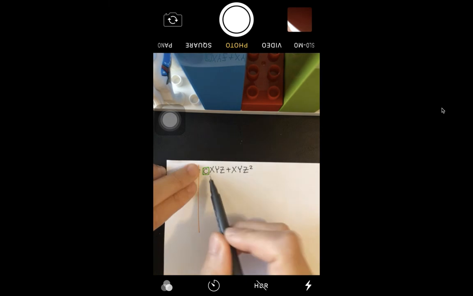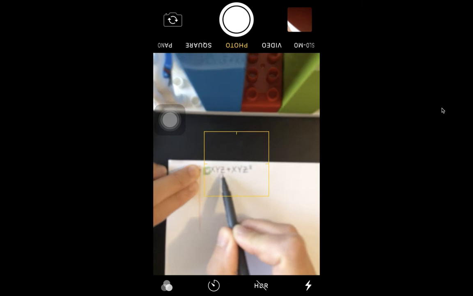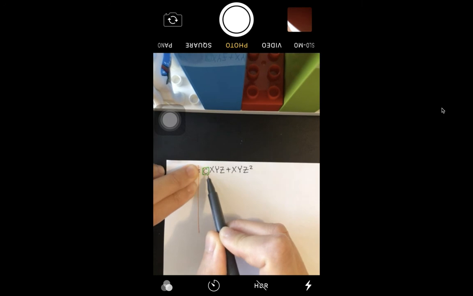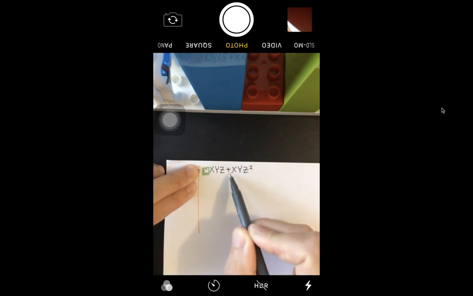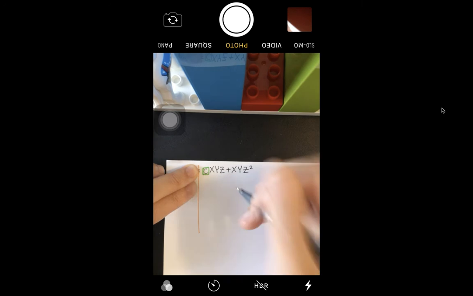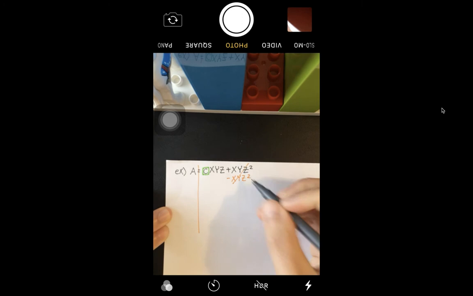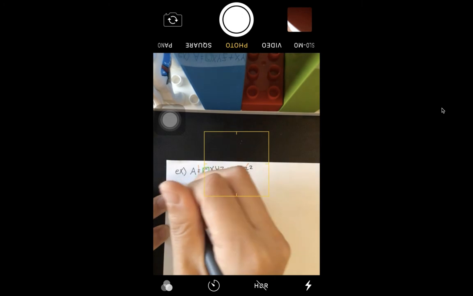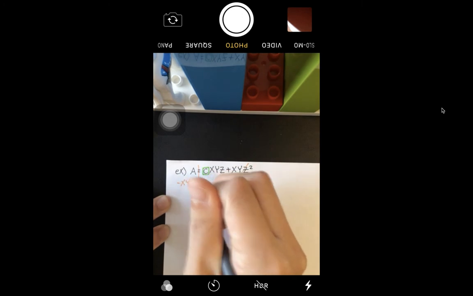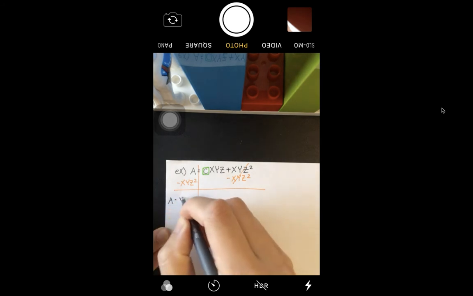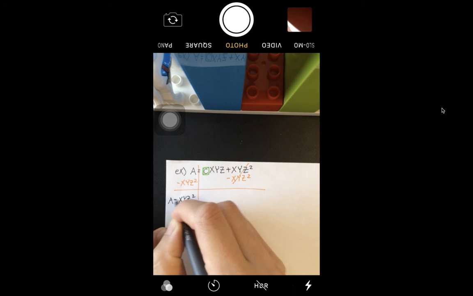Perfect. So remember how you have to move all this stuff right here, but the rule is you always move the thing that's farthest away. This group of letters is farthest away, so you always do your pluses and minuses first. So you're going to minus xyz squared, because xyz squared minus xyz squared is 0. And let me rewrite that. So I have A minus xyz squared equals